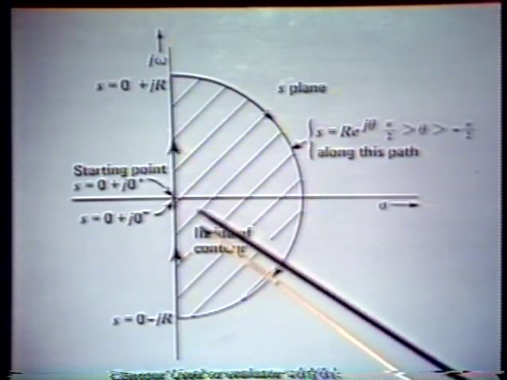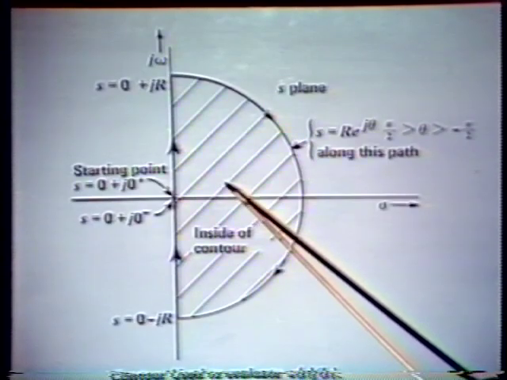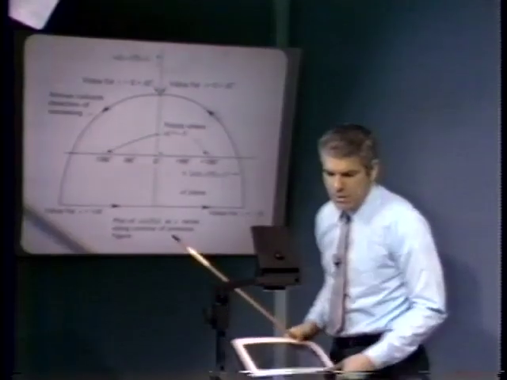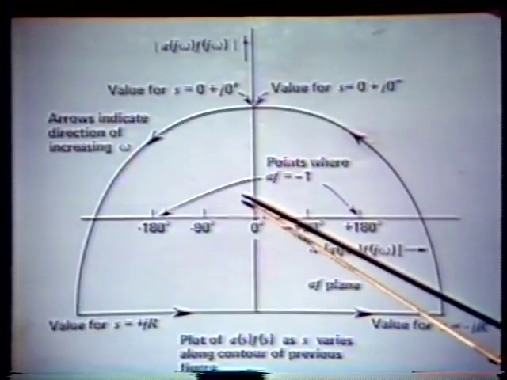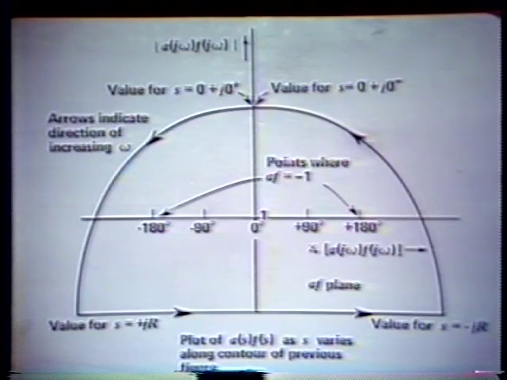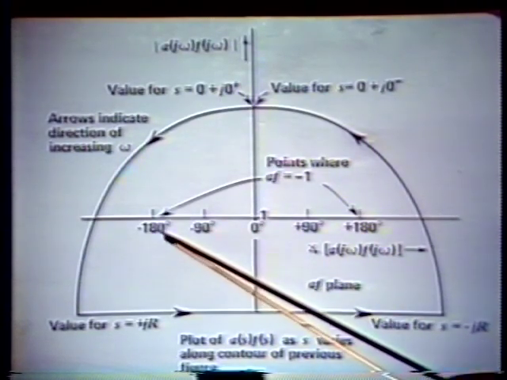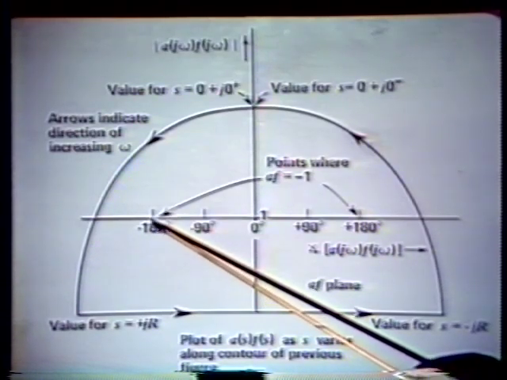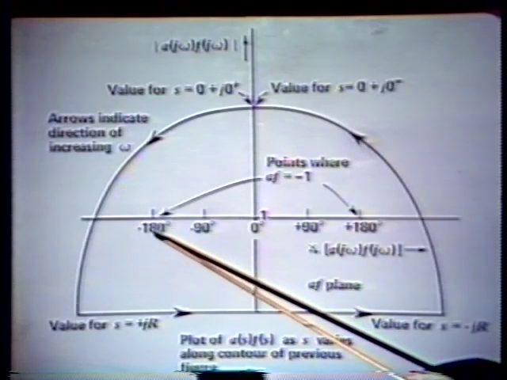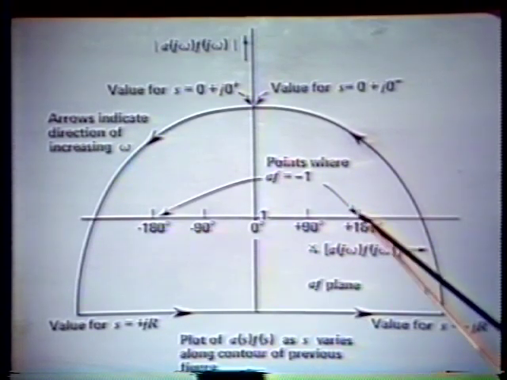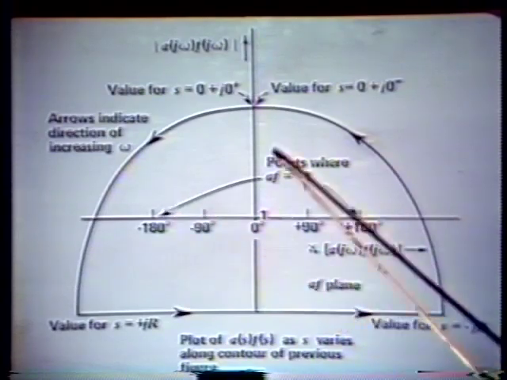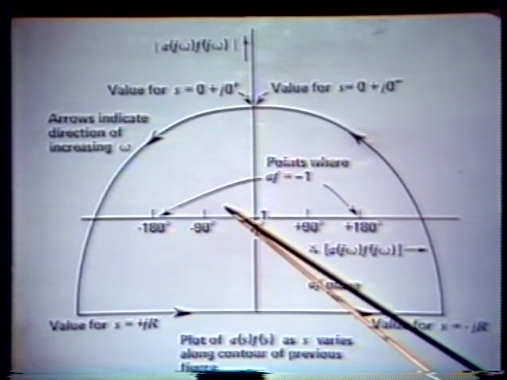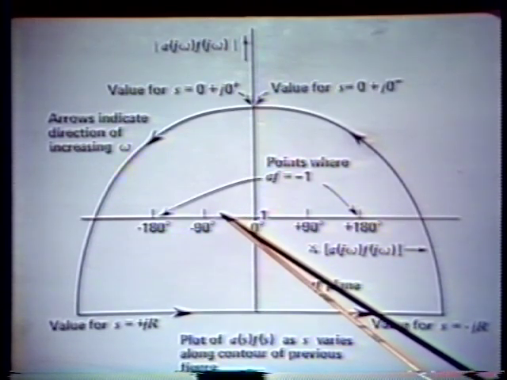And if, in fact, we can find that there is one point in here that plots in here in the AF plane, then we'd conclude in this particular figure that there are 2 values of S with positive real parts that give us -1s of the AF product. That's clear because here's a -1, here's another -1 inside our contour. In other words, if this was the region that corresponded to the shaded portion of the contour in the last figure,